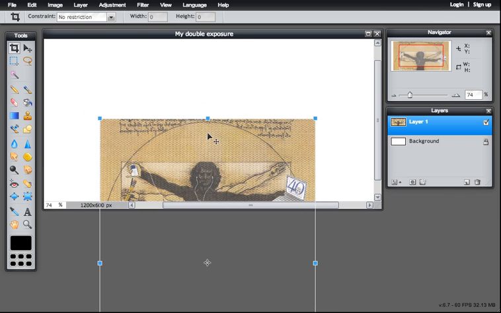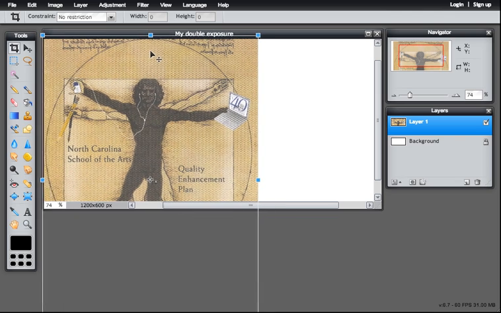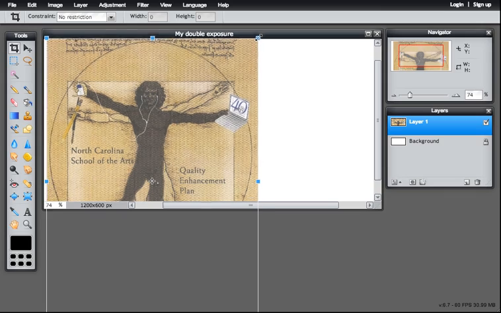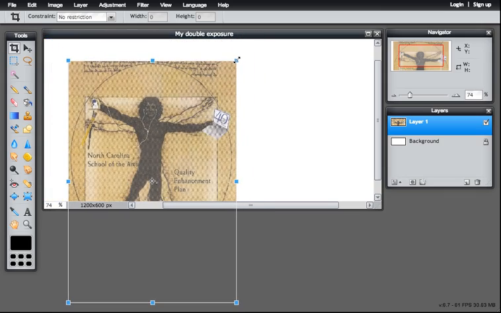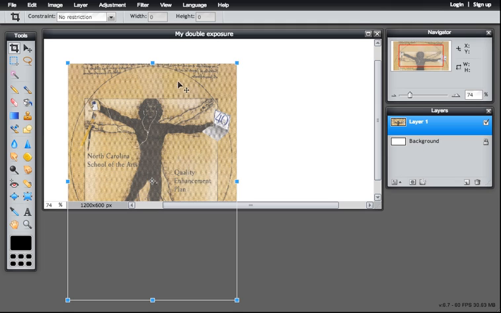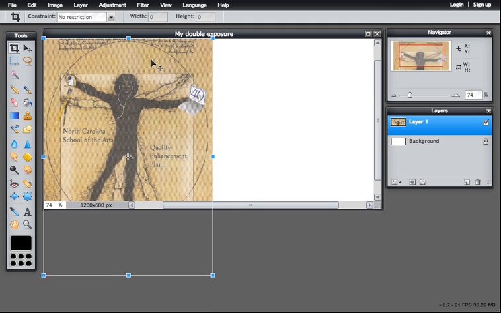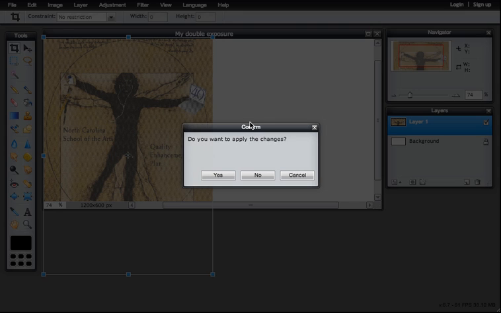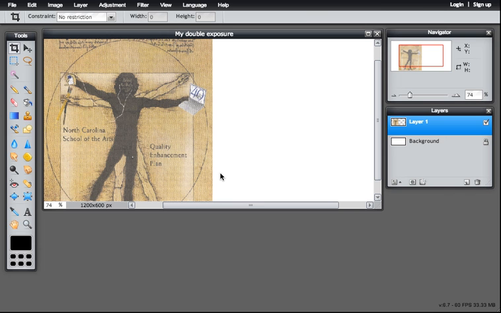So I'm doing that, then I'm kind of moving it, and then I may be resizing it some more to get it down again to that pretty much half of a screen. And you know, for this purpose that's close enough for now, roughly 600 by 600 pixel area, and I still have my other blank area for my second image. So when I click somewhere it's going to ask me, do I want to apply these changes? I say yes, and then I'm halfway there pretty much, and then I go back to the layer menu and